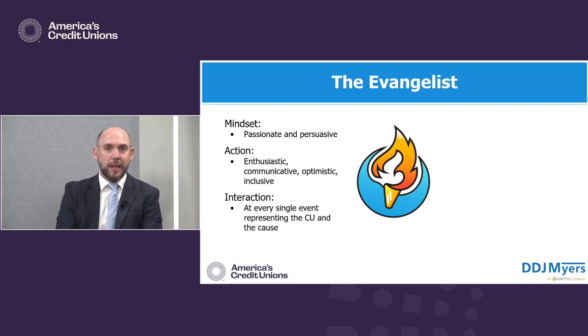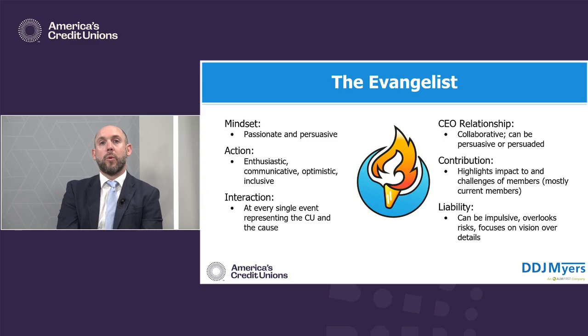Even at the holidays, right, with their respective families, they're talking about the credit union business and the great work that we're doing. So the relationship that they'll have with the CEO can be cooperative, collaborative, and they can be persuasive. Contribution, absolutely holding the members in their frame of mind, always and forever. They'll probably say the word members 10, 15 times in every single board meeting. How does this serve